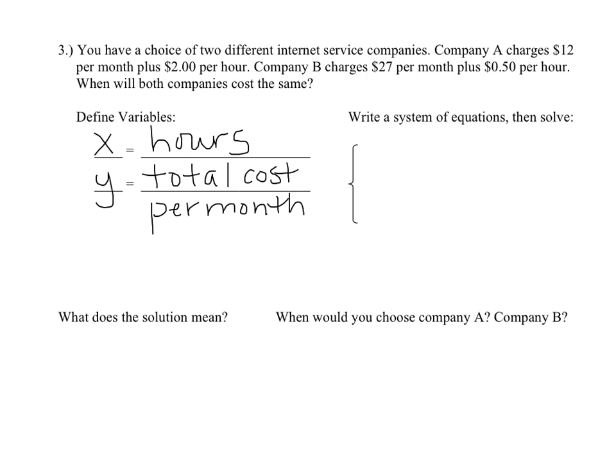Okay, so what I'm going to do is I'm going to write an equation for company A and then a different equation for company B. So if you think about it, the cost per month is $12 plus $2 per hour. So I'm going to say Y is equal to, they charge you $12 no matter what, but then they charge you $2 for every hour that you are on the internet. So that's 12 plus 2x. And then the other company B is going to say, well, their total cost is calculated by doing 27. So they charge you more per month, but they only charge you 50 cents. So I'm going to say plus 0.5x